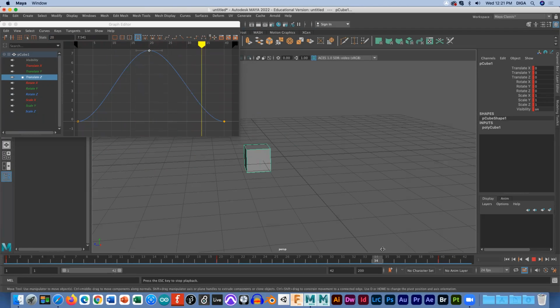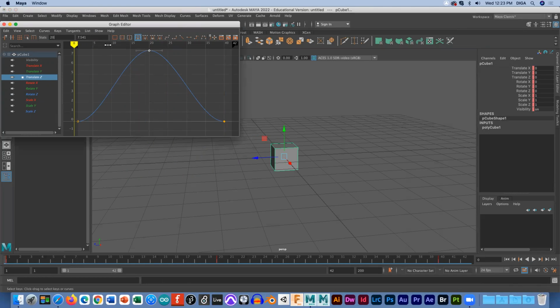So if you take a look at the curve, this curve basically signifies the speed, right? The x-axis is the time, which is the keyframe, and the y-axis is the distance. So if the curve looks like this, it means this cube is going to speed up in the beginning, slow down, and here speed up again, and then slow down. So if I want to make it move more in a linear animation, which is at a constant speed, what I can do is grab and